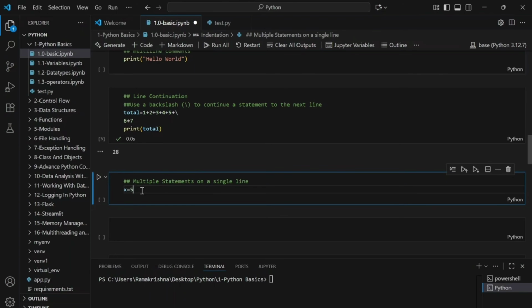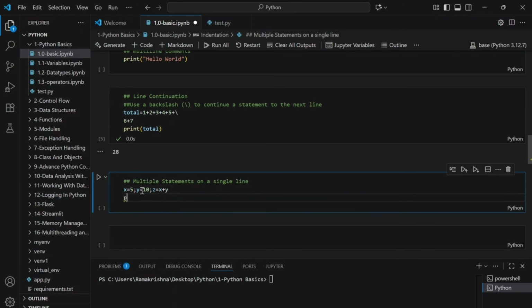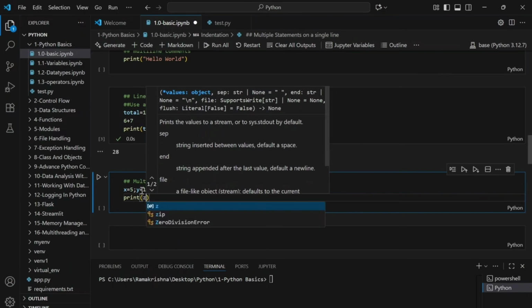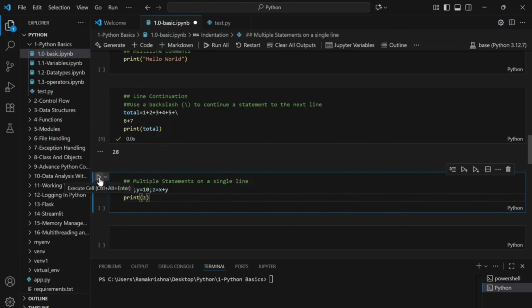So I can use a semicolon here and go ahead with the second variable assignment. Then suppose I have another variable to declare, whose value holds x plus y. When I do print z, this is going to execute the series of statements we have written here, and the separator is the semicolon.